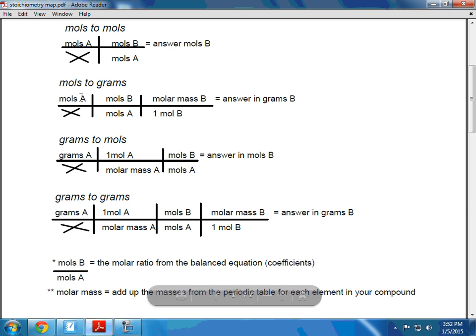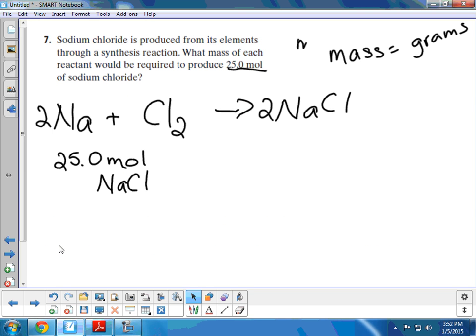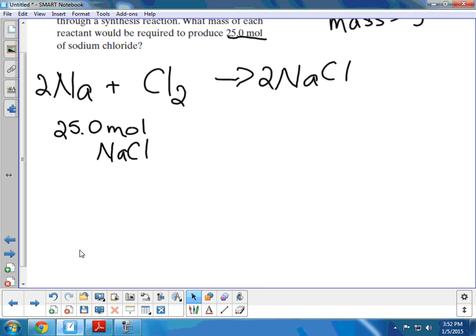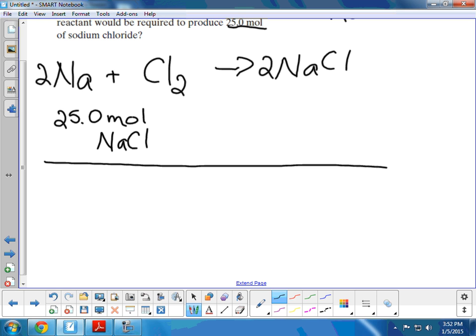So that's this one. We have to have moles of A, moles of A, moles of B, 1 mole of B, and molar mass of B. So if we go back to chapter 3, we learned molar mass. It says down here, add up the masses from the periodic table for each element in your compound. All right. I have moles of NaCl here. In this box, I have to have moles of NaCl here, and it's going to come from my balanced chemical reaction. So right here, I'm putting in 2 moles